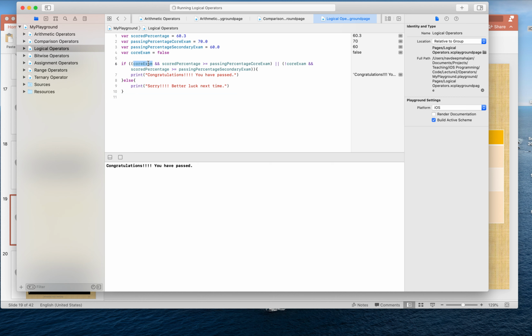My first check is that, okay, if it is a core exam and my score percentage is greater than the passing percentage for the core exam, then I pass. Or if it is not a core exam and my scoring percentage is greater than or equal to the passing percentage for the secondary exam, then also I pass. So instead of writing 2 if conditions, I combine them into one. As you would see, I have used brackets to make the code more readable for myself. Of course, I could have put them into 2 different conditions with if, else if, totally doable. Or I can just combine them into one bunch with and say that, okay, if this or this is true,